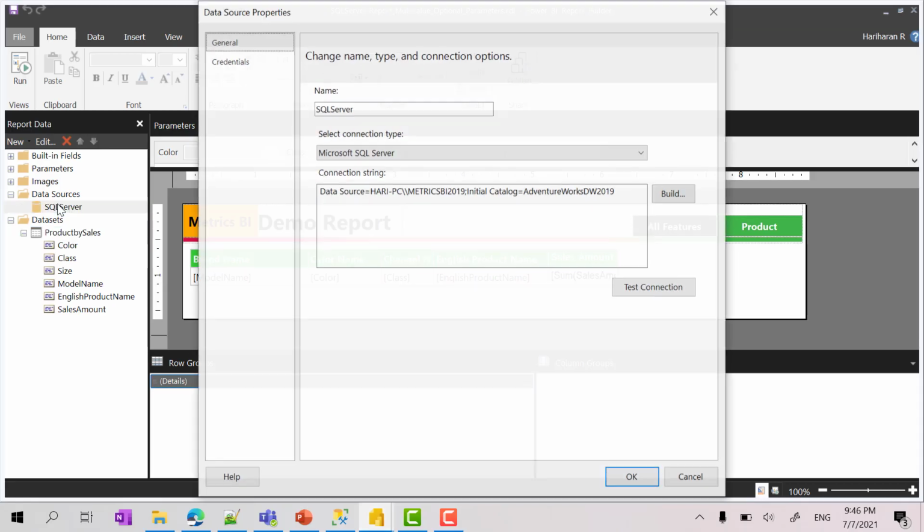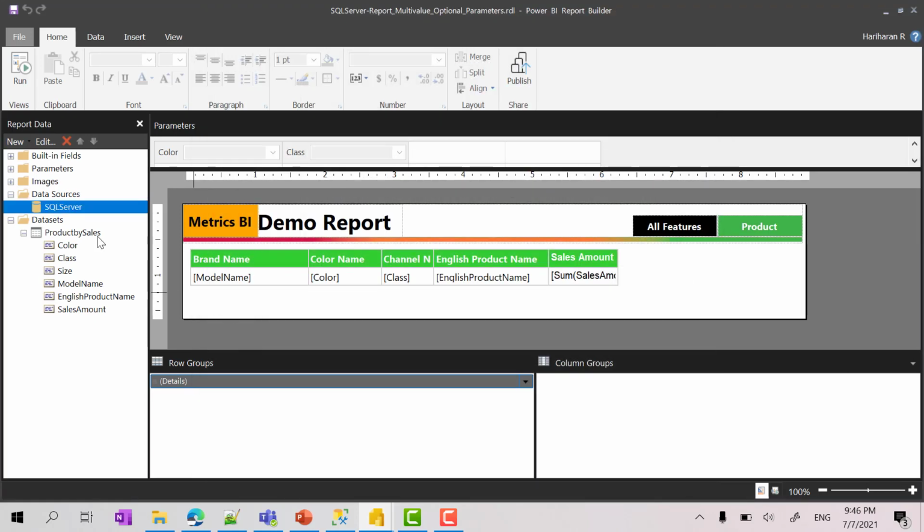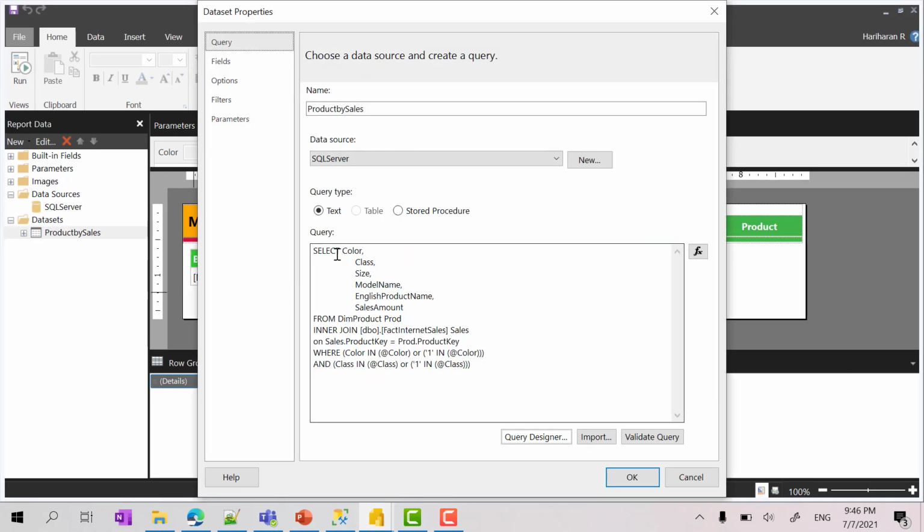Okay, I have a report. Here I have connected with my SQL Server and I have a simple report. If you see the data set, here we have different columns and two tables are connected, and here I am using color in color, which is the parameter value. It is going to pass in character, which means users can select multiple colors and multiple class. And I have added an OR condition just to make sure these two parameters are optional parameters. I don't want to make these two parameters mandatory, which means the user can still run the report even without passing any values for color and class. So this is the default requirement.